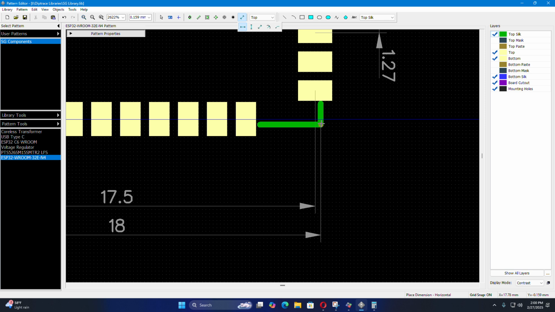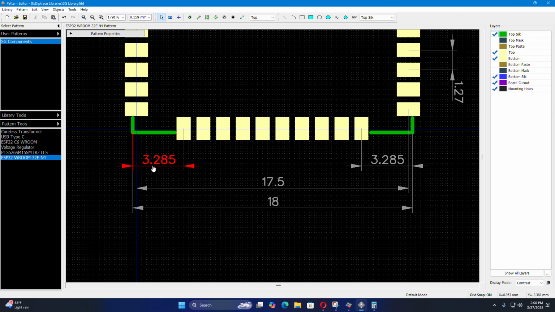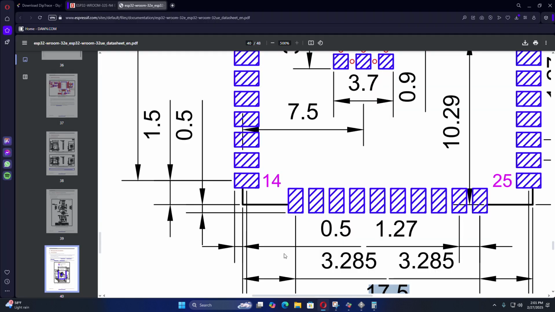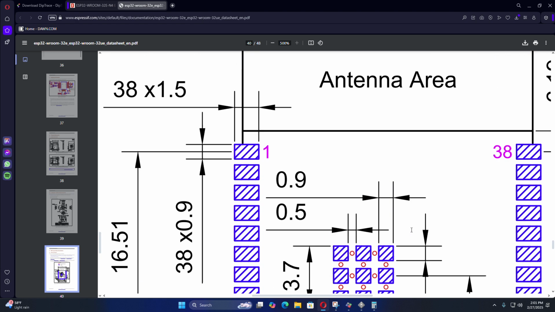From this point to the mid of this point, it should be same. You can see 8.285, 8.285, same as these ones. Okay,